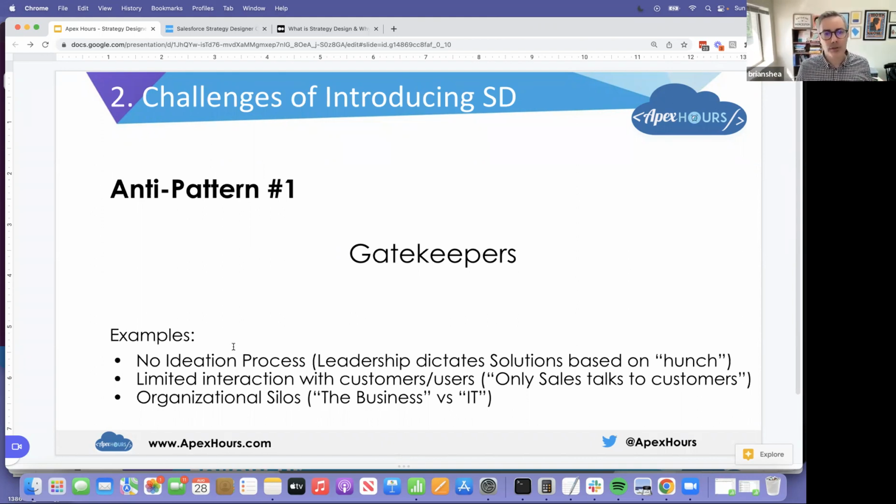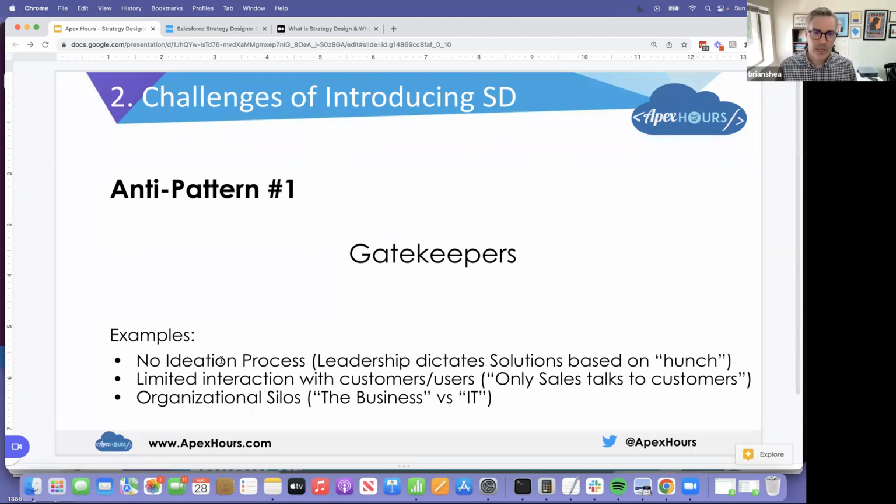A couple of examples of gatekeeper thinking. One is no ideation process. When we talked about how might we statements and a number of different people coming to the table and brainstorming in a somewhat structured way about how to solve problems, many organizations don't do this. So there's no ideation process around problem solving. A lot of times what this looks like is a few people or leadership dictating solutions to a development team or a delivery team, sometimes based on data, sometimes based on hunches and informal